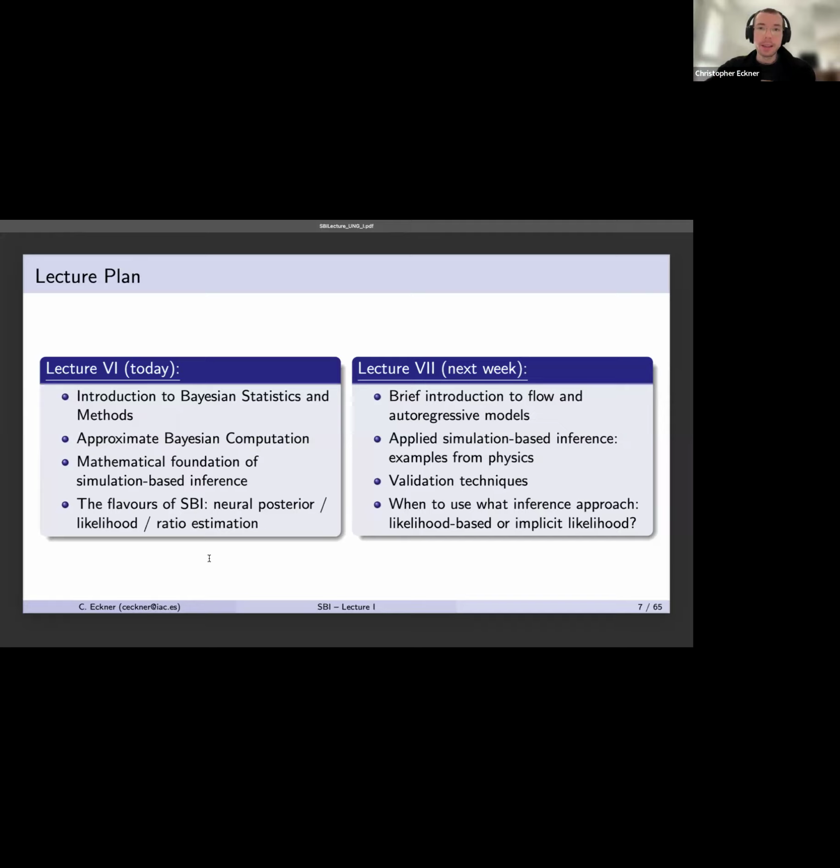Well, next week, this will go a bit more in detail about some autoregressive models, some applications to physics, and how you validate that your method produces the correct inference. Okay,